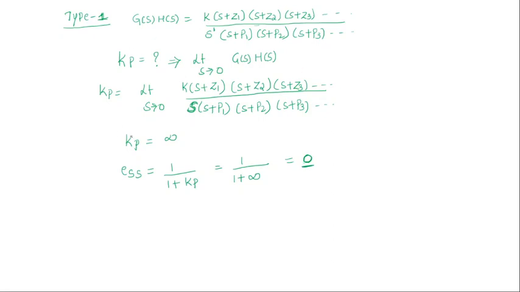In the same way, you can calculate the Kp value for the type 2 system, for the type 3 system, for the type 4 system and so on. If you calculate the Kp value for type 2 system, here you are getting s power 2. For type 3, in the denominator you are getting s power 3. After calculating the Kp value, just substitute it in the steady state error formula. Then you will get the steady state error. Always the value must be greater than 0 only for type 2, type 3 and so on.